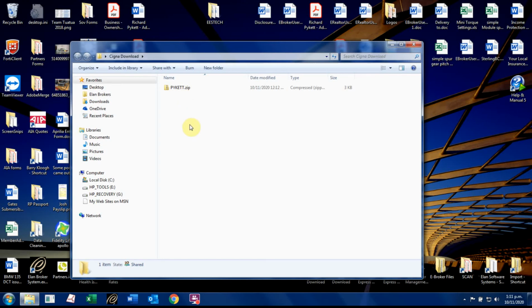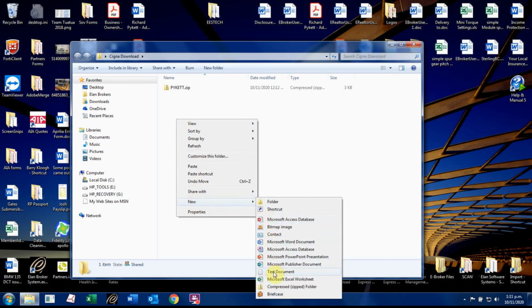Now we need to create a password file, because this is password protected, and the password convention is the broker code, which in this case is Pykit. Yours will be different, with the addition of 123 on the end of that, but the 1 is an exclamation mark. So again, I'm going to right click, I'm going to go new, I'm going to go text document,